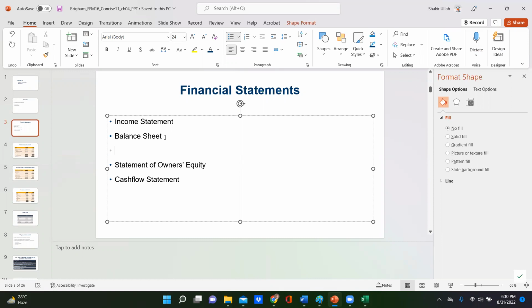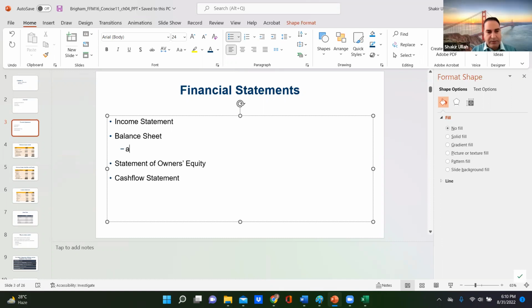And there's a famous equation that we write in accounting, where we say that assets must be equal to the sum of liabilities and equity. So liabilities plus equity. Forgive me if the spelling is not right. Assets equals liabilities plus equity. That's not a minus sign, by the way. This is what we call the accounting equation.